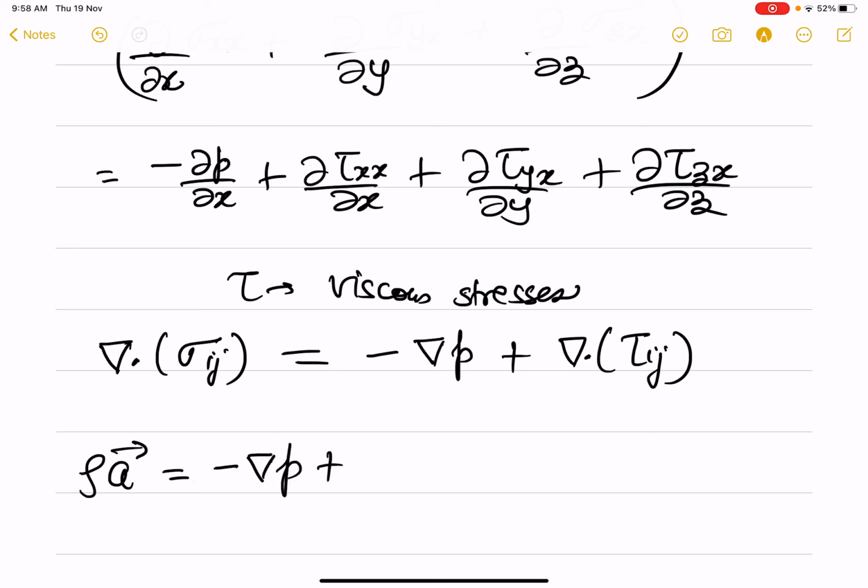So this then becomes the equation for a fluid element. Now what more can we do? Now there are two more things we will do. In today's class we will first look at the acceleration term. When we talk of a